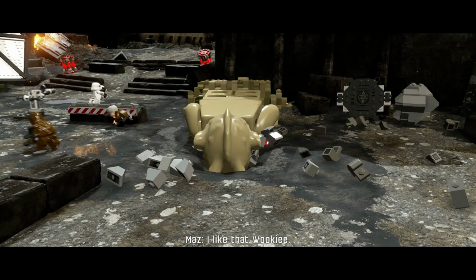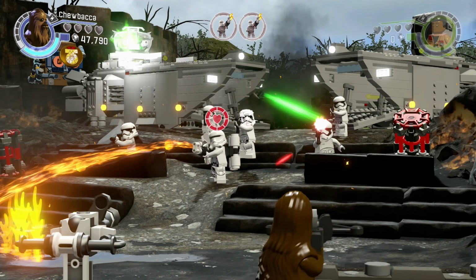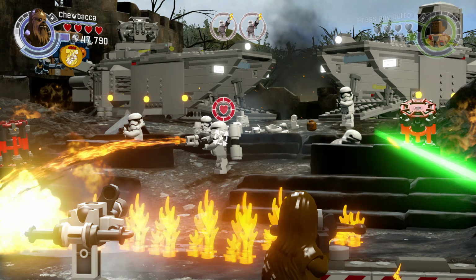Okay. There's more First Order shuttles coming down here. And I think, well, look at, wow. You see that Chewbacca was kind of glitching there on the side of the cover. Okay, I think eventually we're going to get into that turret, but I don't think it's going to let us just yet. Okay, let's keep firing at this